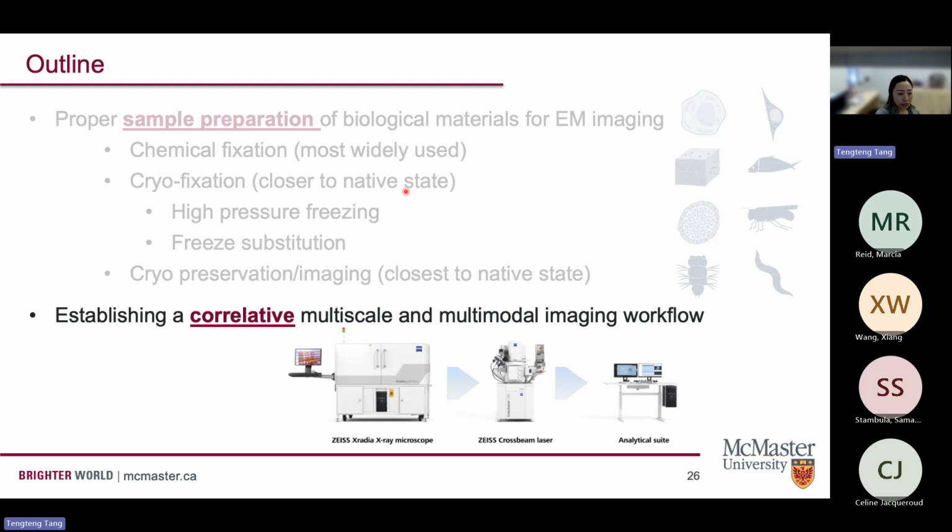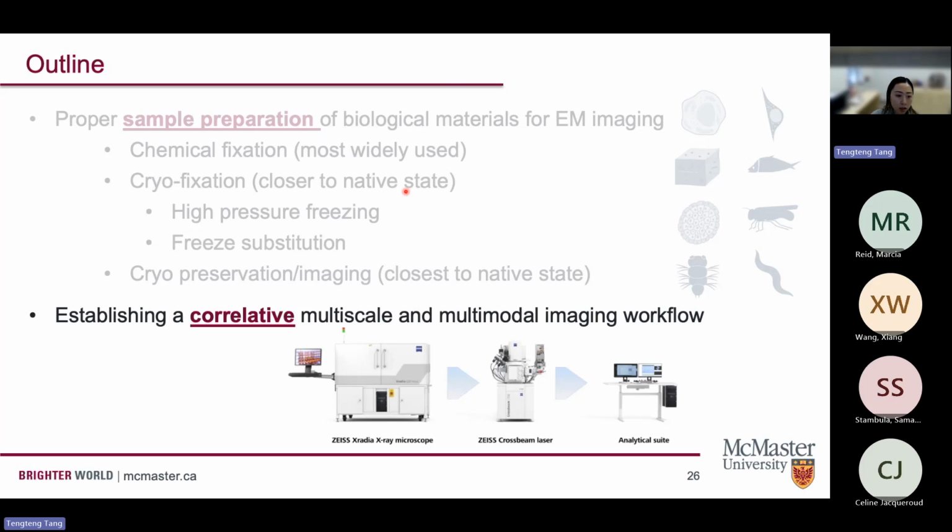For the next part of my talk, I want to talk about, after the sample preparation, how we can utilize a correlative workflow to examine human trabecular bone tissue utilizing the different imaging modalities here at the CCEM. Here, the examples will be on a human bone tissue that's prepared at room temperature using a chemical fixation